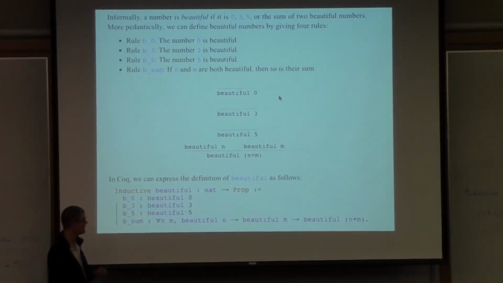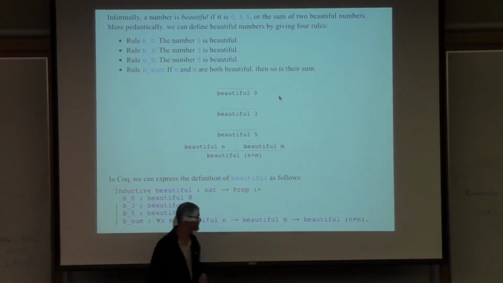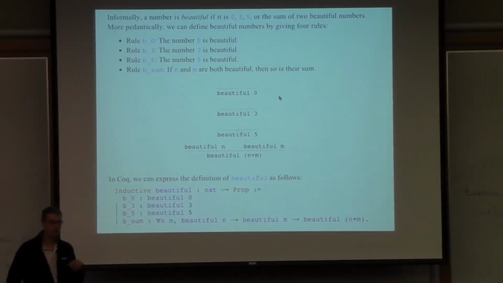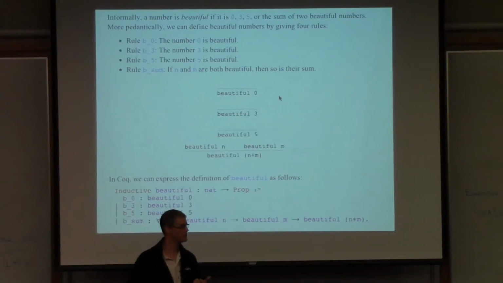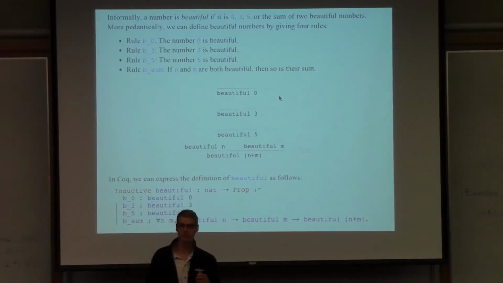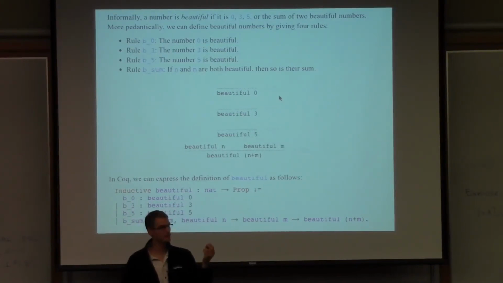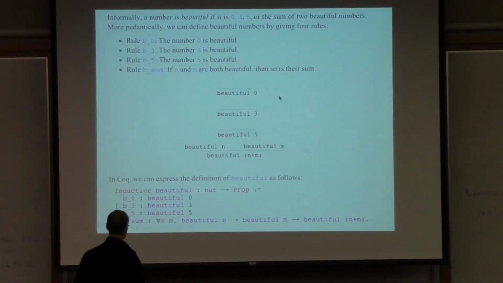B-sum is the most interesting one. Its type is, for all n m, beautiful n, arrow beautiful m, arrow beautiful n plus m. So what does that mean? It means that it's a constructor, so it's a kind of built-in function-like thing. It isn't a function in the sense that it doesn't have any computation associated with it, right? Just like data type constructors in functional languages have functional types because they take arguments, but they don't compute, they just kind of take their arguments and sit there. So in a similar way,